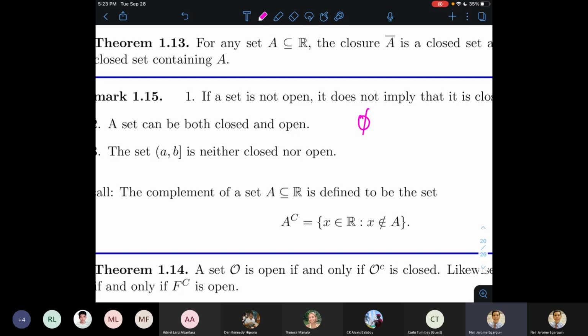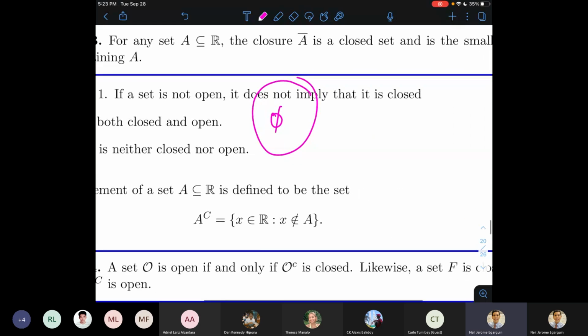Kasi by definition, wala siya dapat na laman. And then it is open because kumuha ka ng kahit na anong element niya, merong epsilon neighborhood na nasa laman ni empty set. Pero wala akong element to test, right? Wala siyang laman, so wala akong matetest na element. So vacuously, the empty set is both open and closed. Okay? Now, kung hindi nyo matanggap na si empty set ay both closed and open, but it is vacuously true,